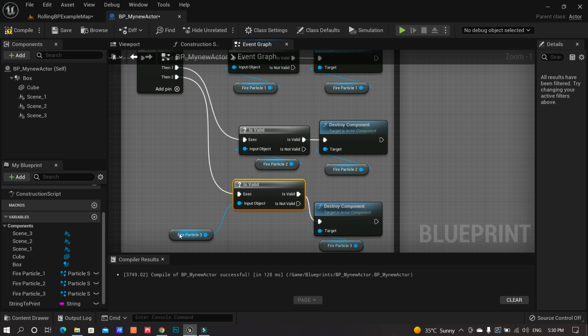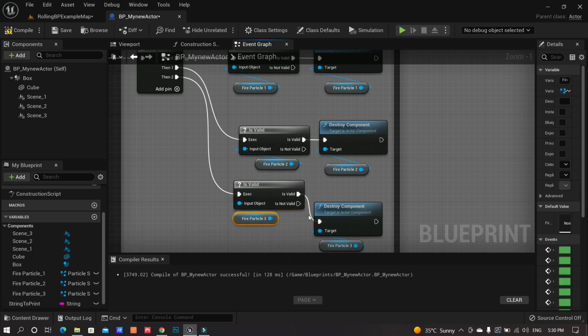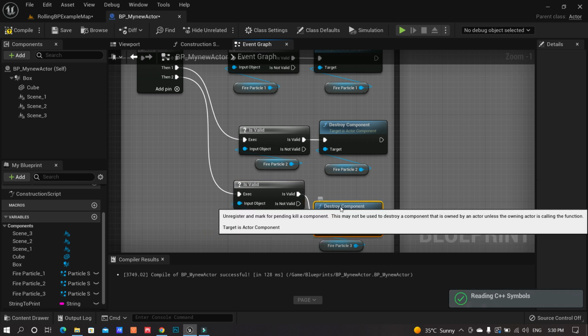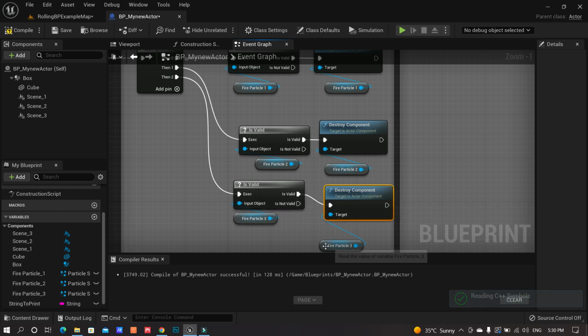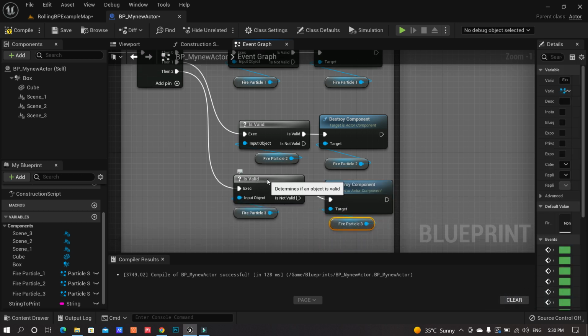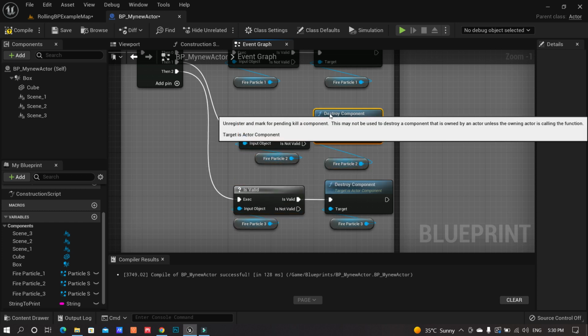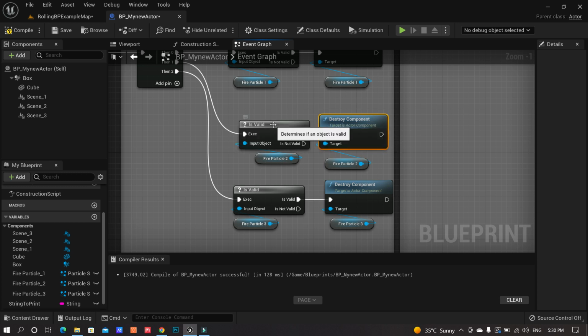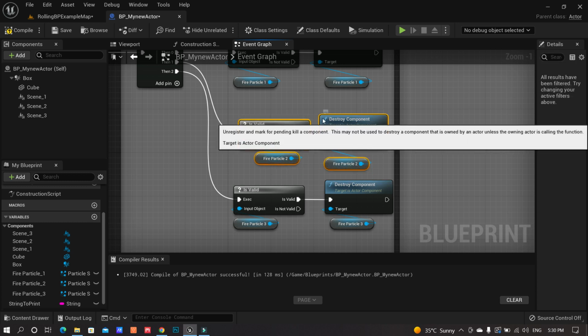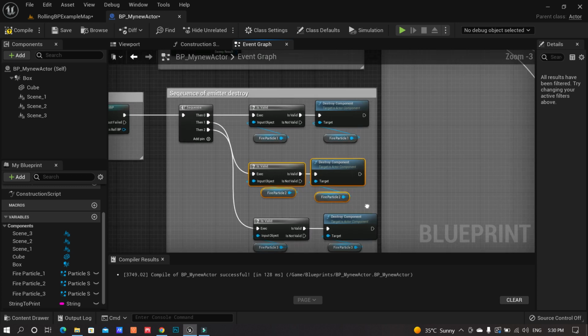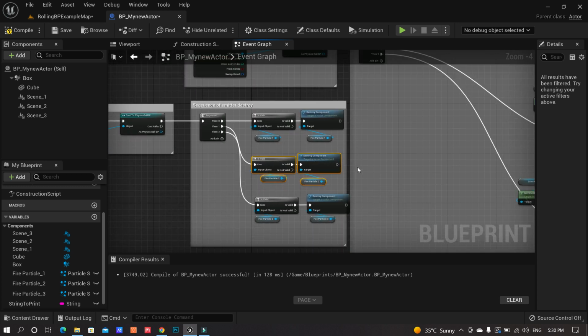So there you go. Much better now. So what we have done is create an Is Valid node for